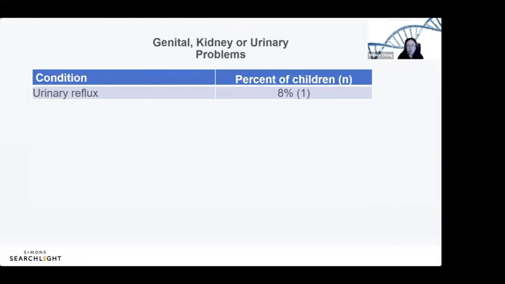We talked about reflux in the intestine. There can also be reflux in the urine system. So going from the kidneys through the bladder, there can be some circumstances where the urine can go back up, and that can cause some problems. Usually that's very readily treated, but this is something we can see. And one of the things to pay attention to is if your child has a urine infection, make sure that you raise this with the doctor, either the pediatrician or the urologist.